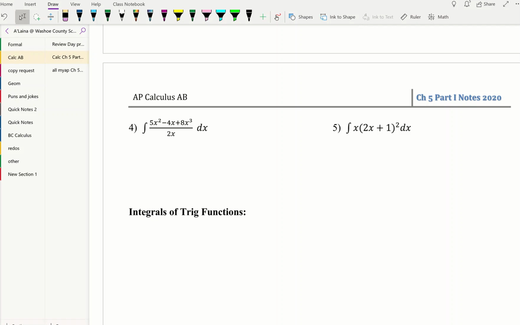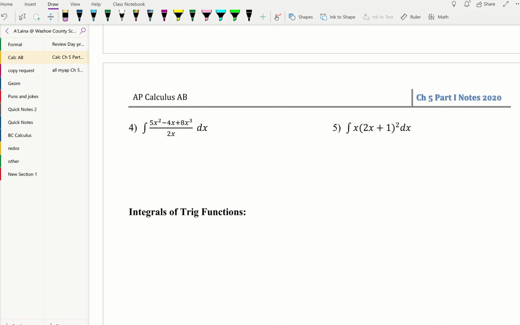We have one rule and one rule only right now. Our only rule is power rule. We don't have a quotient rule. We don't have a product rule. We don't have a chain rule. By the way, there are some implications for some of these that we'll get to later on, but at this point, all I know is power rule. So when I look at problems like 4 and 5, I need to rewrite them so that I can understand these problems better. I want to rewrite them by either expanding them out or actually doing the division that's indicated. And when you're talking about dividing by a monomial, each of the terms can then be divided